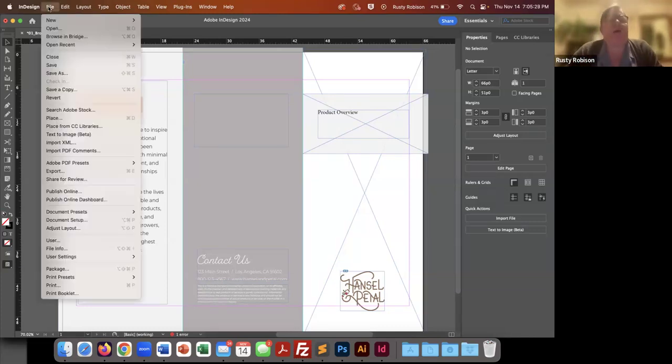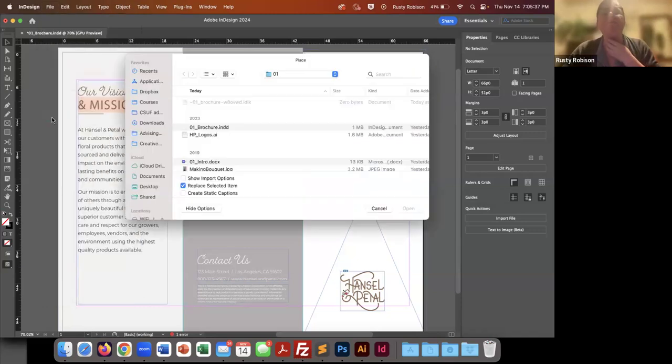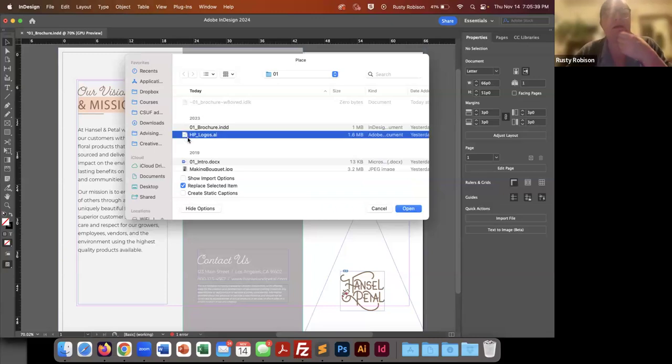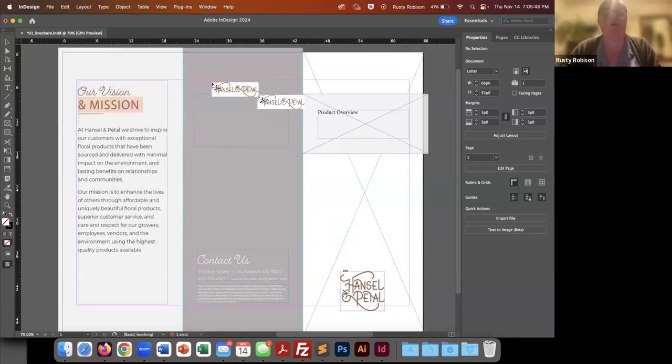So now I'm going to go back to File and bring in a logo. I'm going to choose Place, and I've got this HP logos file right here. I'm going to choose that. Now I have this cursor that has a thumbnail, a preview of the image. And I highly suggest, okay, it's really tempting